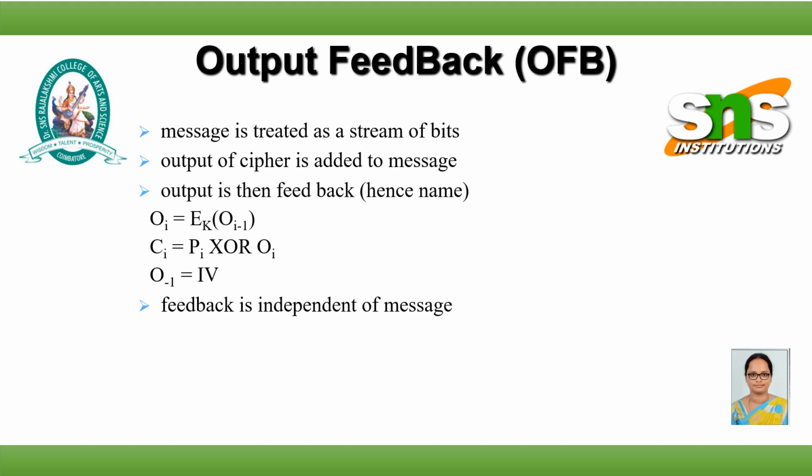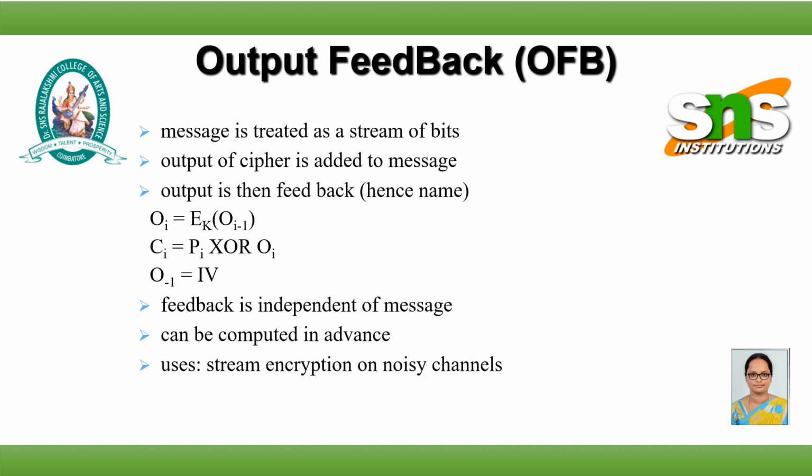First, we have to do the encryption. The plaintext is converted and the key is inserted. After that, we find the ciphertext. The feedback is independent of the message, so it can be computed in advance. The use of output feedback is stream encryption on noisy channels. If there are any noisy channels, output feedback will provide a good